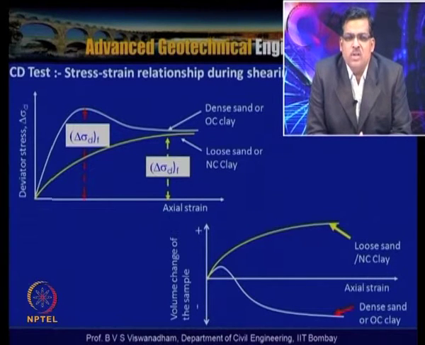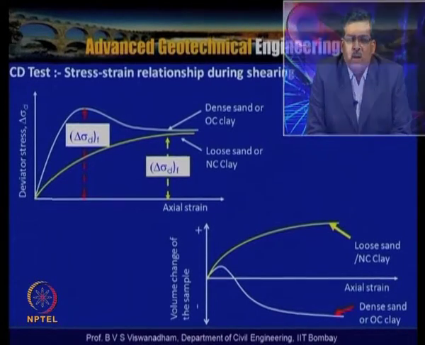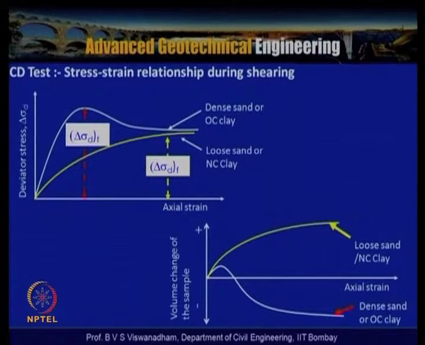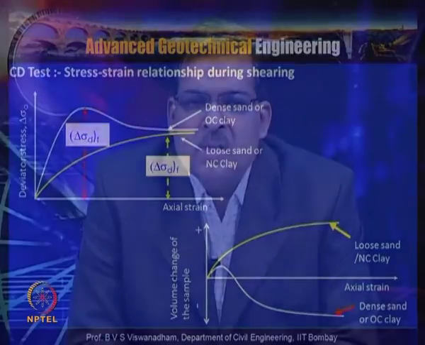So in the case of the triaxial test also, particularly when you are allowing the sample volume to change during shearing by allowing the drainage to happen, that is in the case of the consolidated drained test, the volume changes take place in the way which is shown. But during all stages the pore water pressure remains the same. In the CD test, if you wanted to see how we can determine the shear strength parameters,